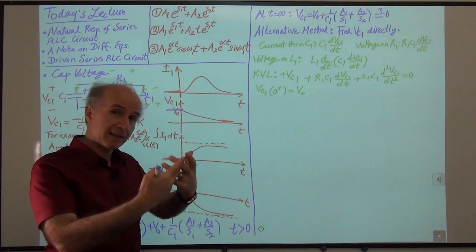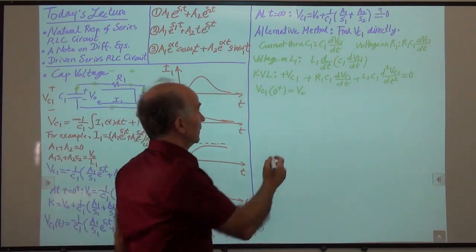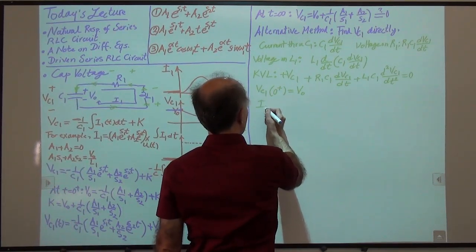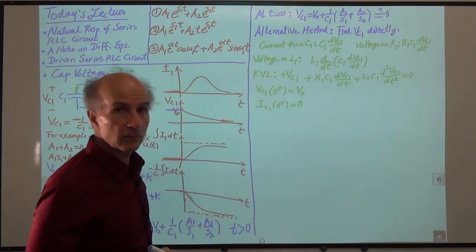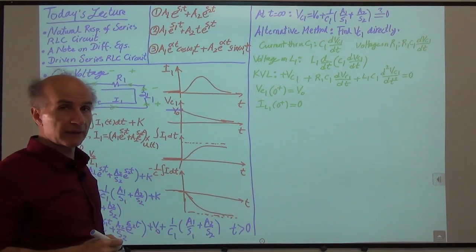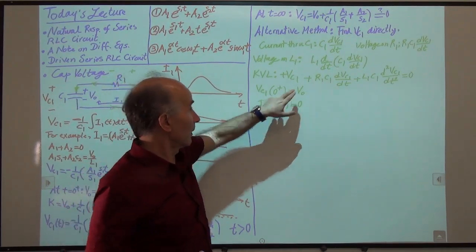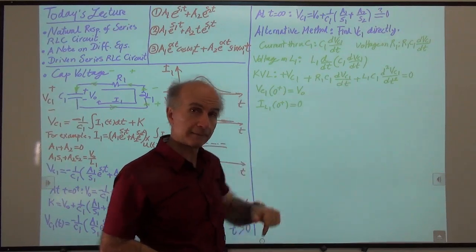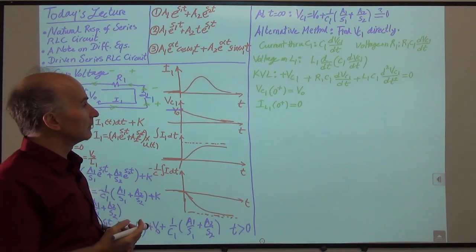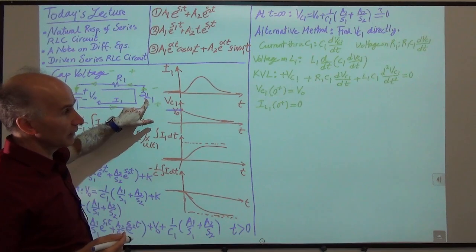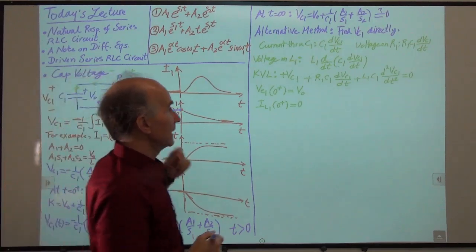Somehow we have to recast that expression in the form of VC1, right? So what we know is that IL1 at 0 plus is equal to 0, okay? But I am interested in something equivalent to this in terms of VC1, not in terms of IL1, because my unknown here is VC1. Okay, so how do we go about doing that? Well, we say the current through the inductor is 0 at 0 plus, right? So what I could say is